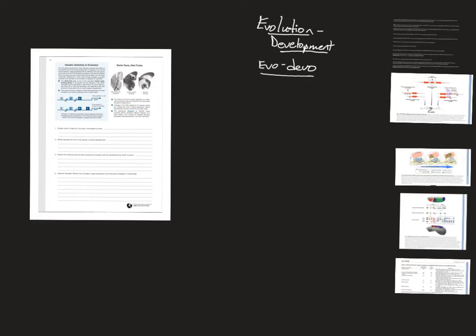Also, the idea that you can get small changes, like a change in a switch or a change in orientation of the Hox genes, can lead to different patterns, different structures that can then lead to variation, not just genetic variation, but physical variation. And if there are differences, some things are taller, some are shorter, some are slower, some are faster, some are red, some are yellow, then one could select one pattern over another. If it's not us, it could be a raven that decides to eat this one over